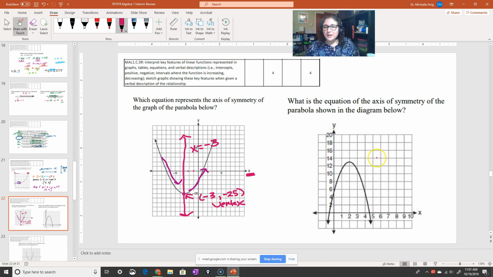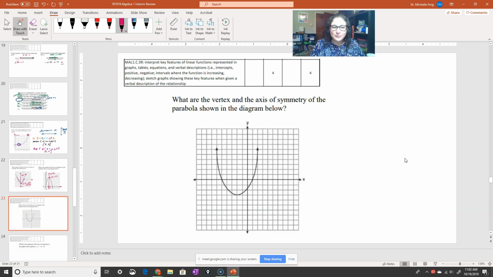Okay, let's look at another one. Where does it change? It changes right here, and it folds this way, so I know my line has to go up and down. Okay, what's the value of that line? Simple, x equals 2. What's my exact turning point, my vertex? That's a little bit tricky. It's in between. But what number comes between 12 and 14? 13. So I'm left with my 2 and then my 13, and I'm done. Simple. Let's look at another one with the graph.